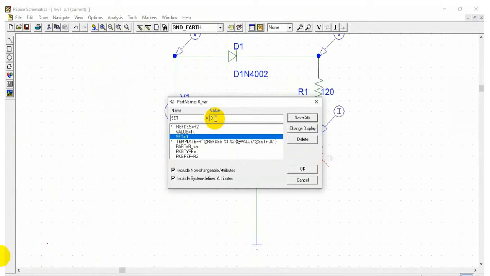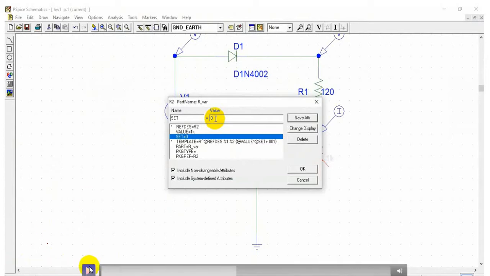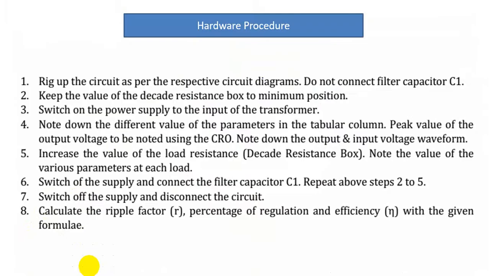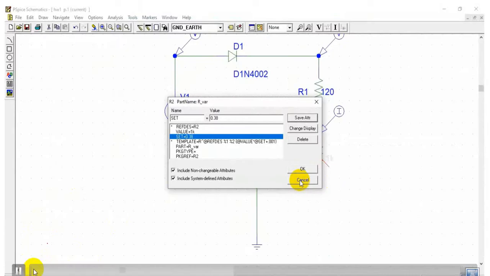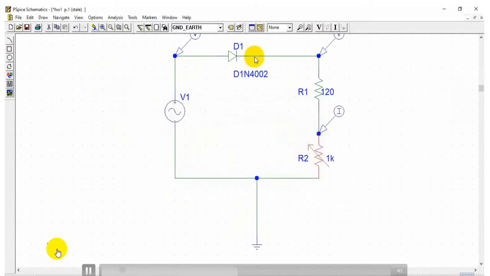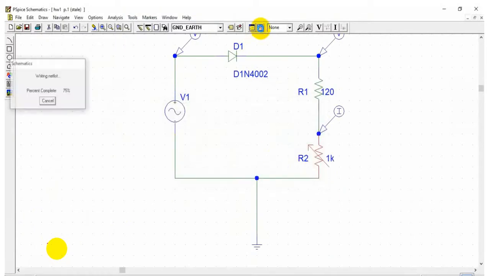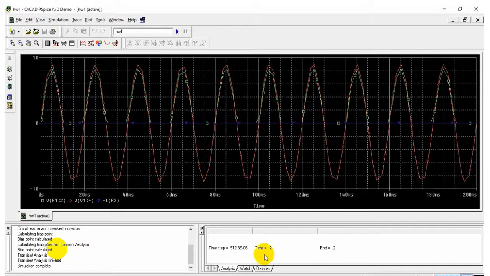So to get the load resistance of 500, I am setting the set ratio as 0.38. So set value 0.38 we have to type, then you have to simulate.